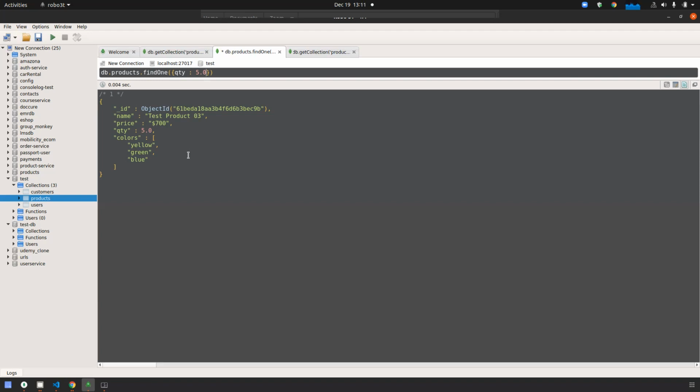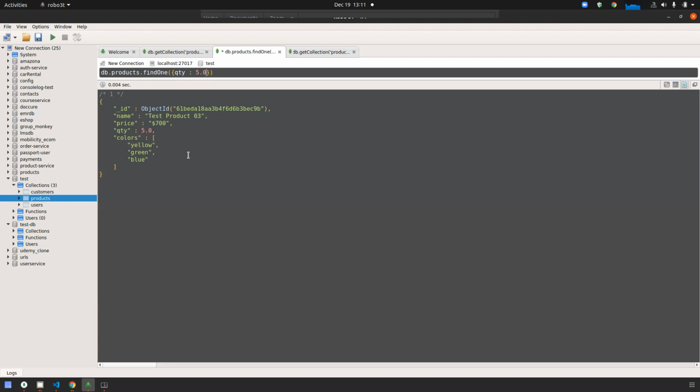I think if we use findOne, only the first one gets displayed. What I mean to say is, only the first one which comes first in this DB. For example, if product 1, 2, and 3 all have quantity 5, then only product 1 will get displayed since it comes first.